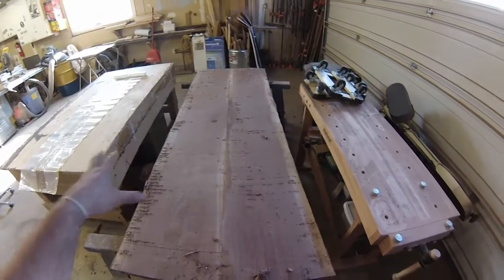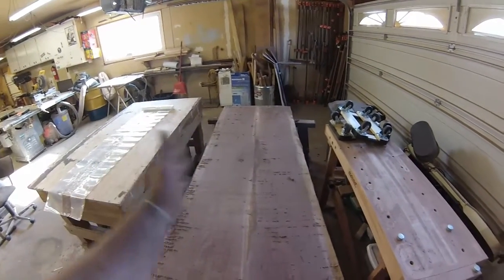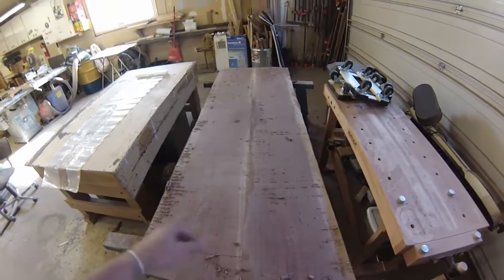Now what I'm going to do is put this whole table back on the slab jig, take that corner over there, and flatten the whole slab to the same thickness as this side. I haven't done it this way before. I've always tried to get both pieces closer to the final thickness before, but I think this might allow me to get a little bit more thickness out of the two pieces